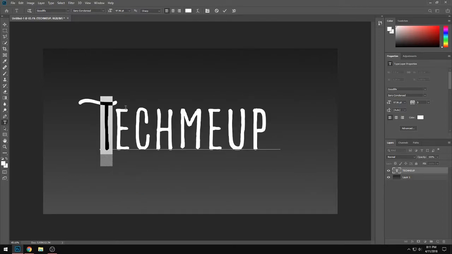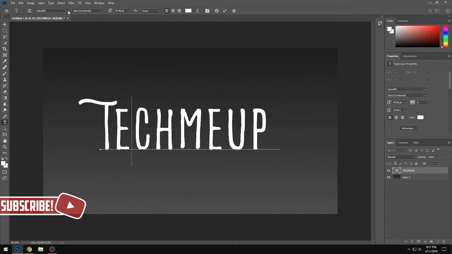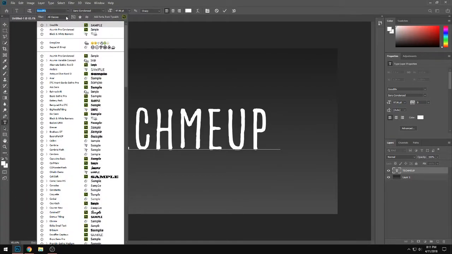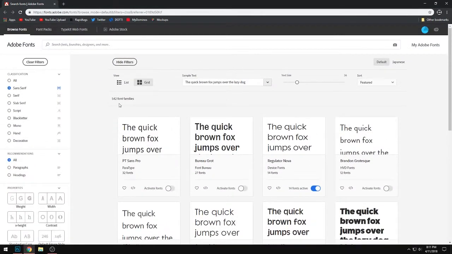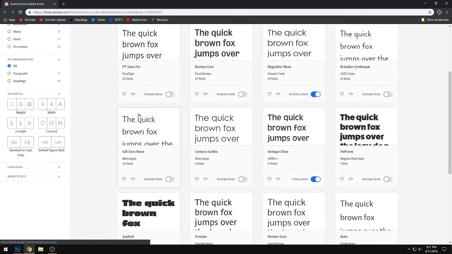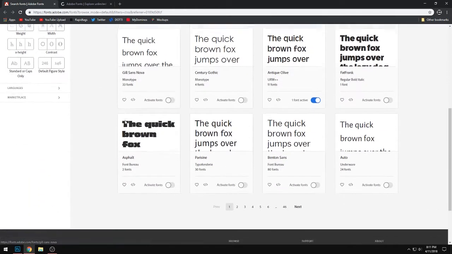Choose your text and come to the text selection box and press add fonts from TypeKit. Once you click that, it will open up this page, search fonts. So once you're here, you can choose any font you want, Adobe fonts. So let's say I want to put